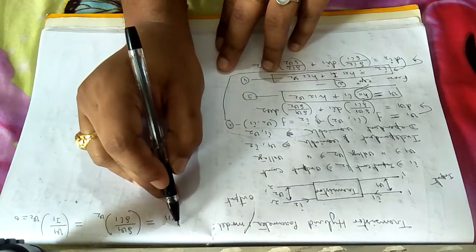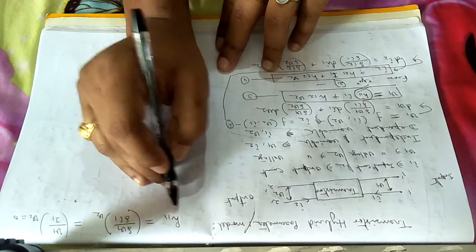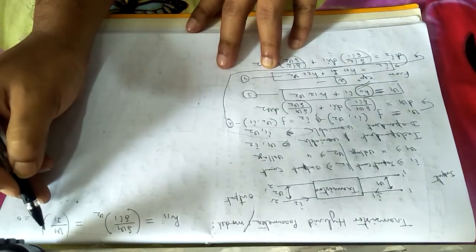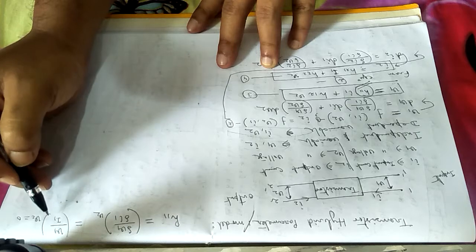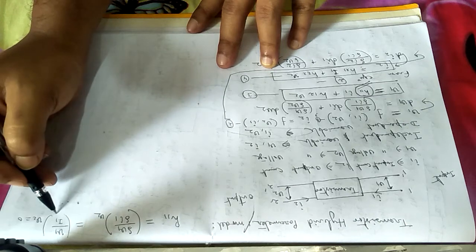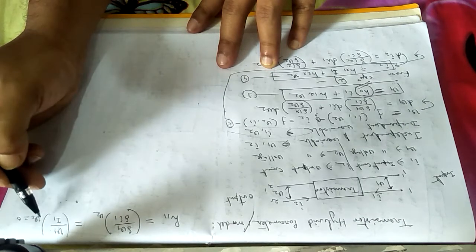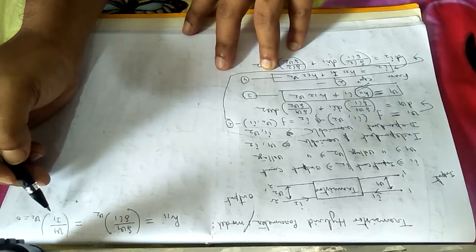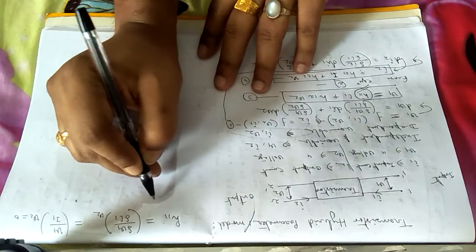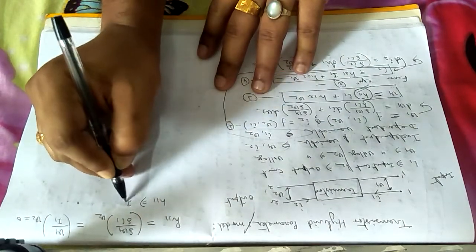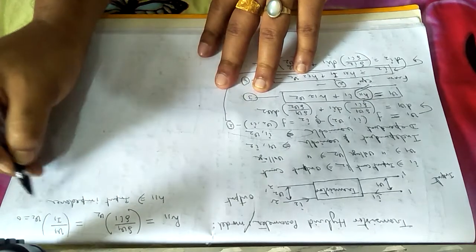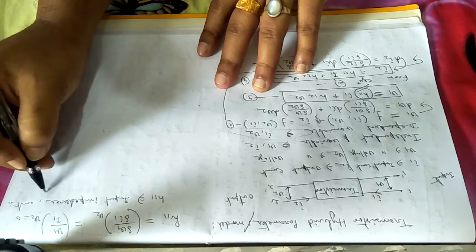If it is short circuited, then only V2 will be equal to 0. So how can we express now H11? What is the definition of H11? H11 is the ratio of V1 by I1. What is V1? V1 is the input voltage. I1 is the input current. The ratio between input voltage and input current will give you what? Voltage by current, it will give you impedance. So what can I write for this one? H11 will be input impedance when output is short circuit.